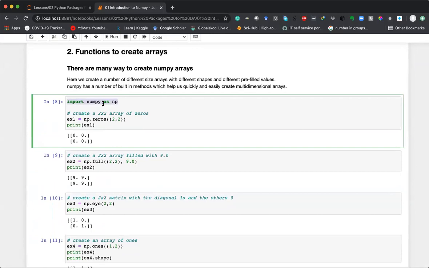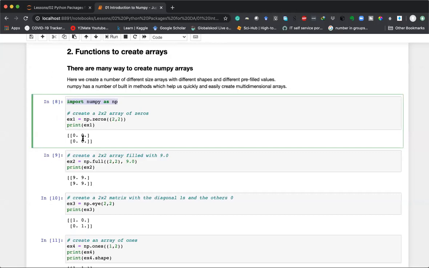But once NumPy is present in the notebook, this line does not re-import it; it need not be re-imported. I probably just kept it so that if I was running the program from here, I could still run without running the earlier commands. So I'm importing NumPy and creating a variable example1 by calling np.zeros 2 comma 2,